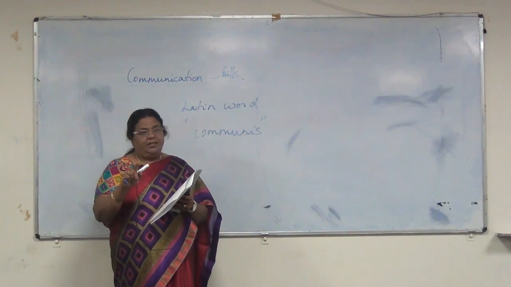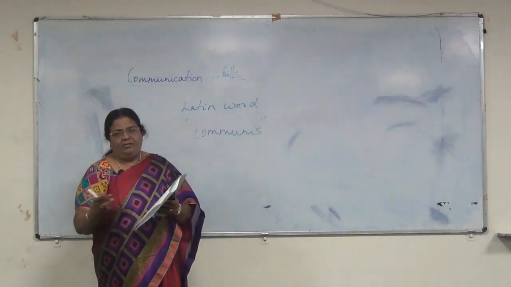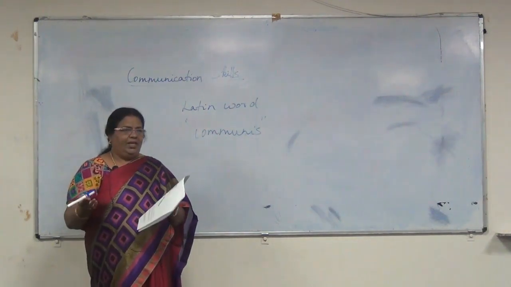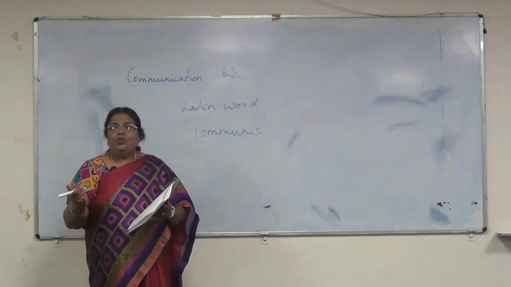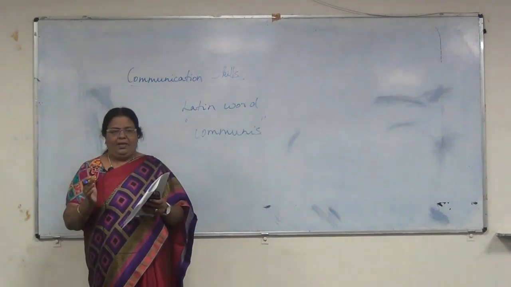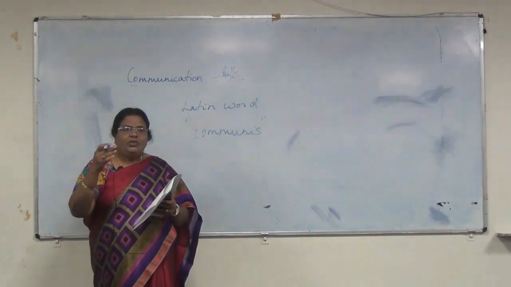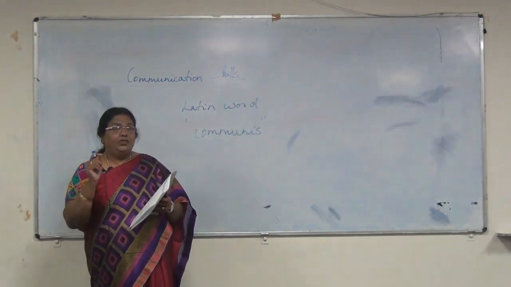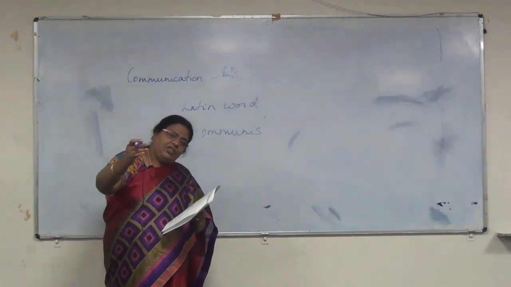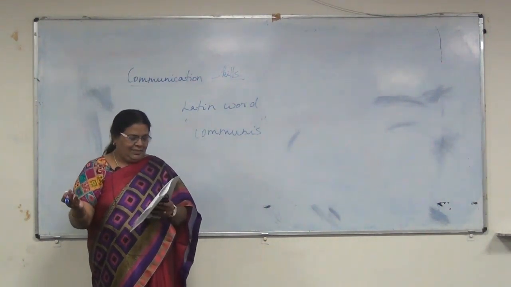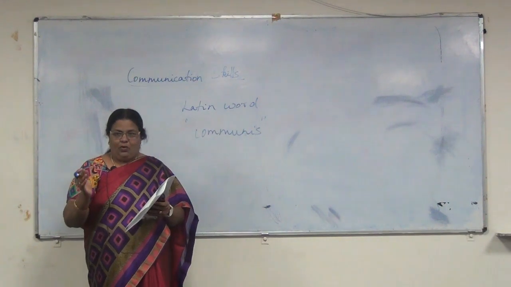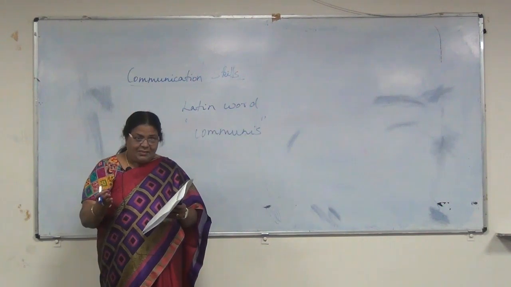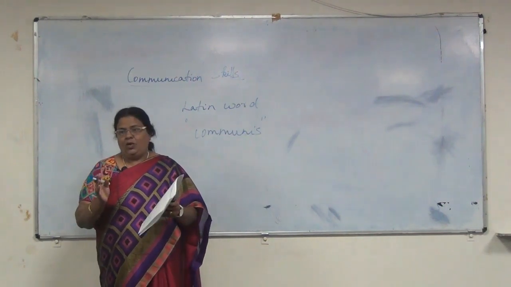When you are the sender, then you become the encoder, right? To use the technical language, you call that person an encoder. And then you have the real message coming up, right? How the message is going to be sent across. So the message. And what is the medium that you choose to send this information from one person to another person? Okay, so now we know why we have to send it. You are the sender, and then you have the message, and then you have the medium which you have chosen.